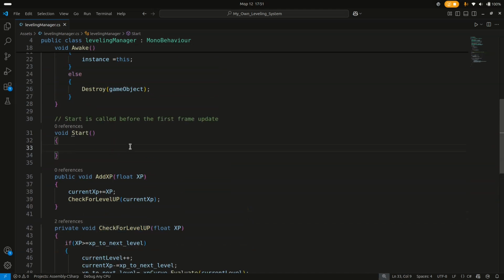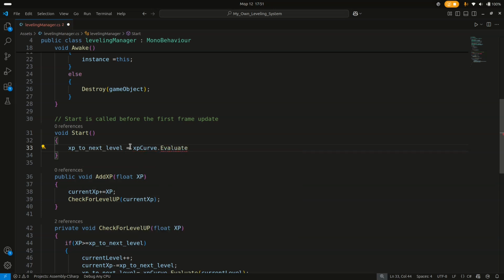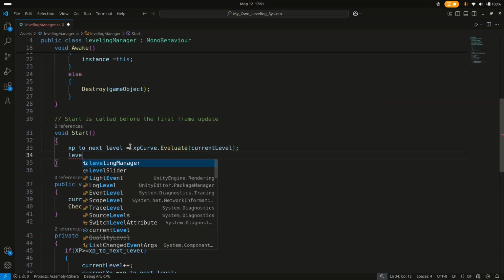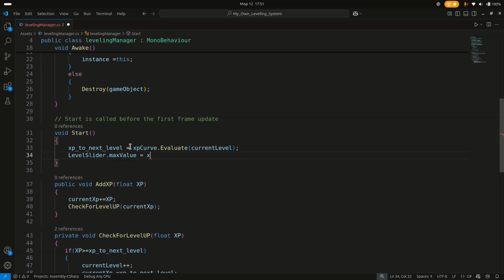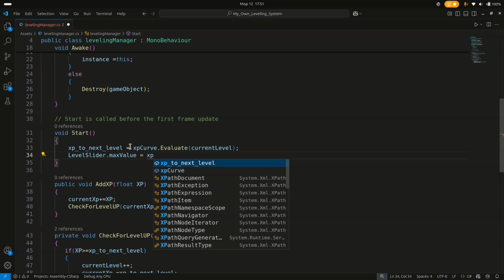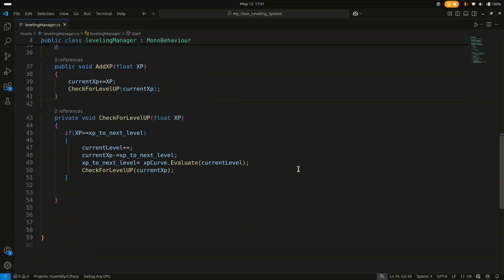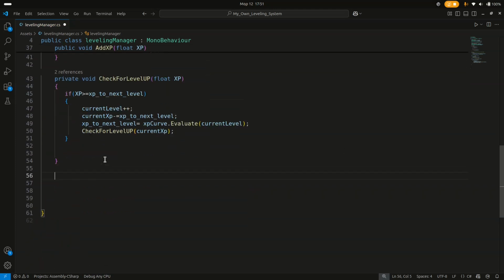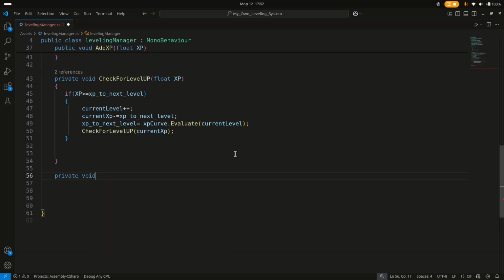Alright, since we did this, we're gonna go inside the start function and say that XP to next level is the XP curve dot evaluate current level. Alright, and we're gonna go level slider dot max value, it's gonna be equal to experience to next level. And lastly, we'll need to print this to the screen, so we are gonna make a function to do that. We're gonna say private void update slider,